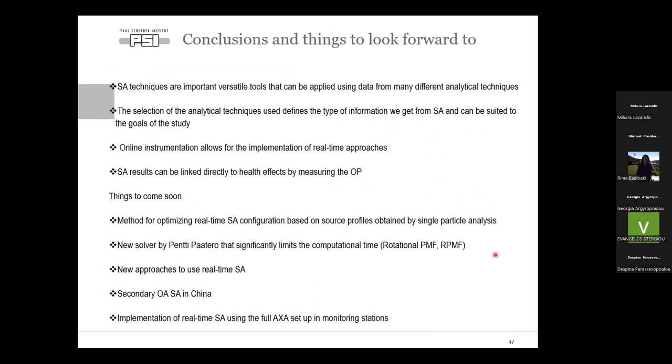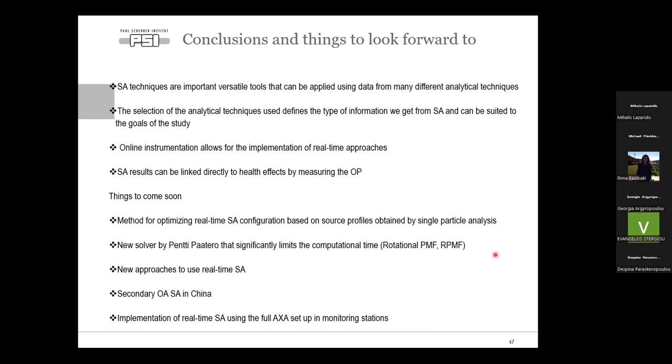Okay, so some conclusions and some things to look forward to regarding some developments. Source apportionment techniques are versatile tools that can be applied using data from many different analytical techniques. The type of technique we use for source apportionment can be suited to the goals of the study, so we can use whatever we think is best for what we want to achieve.